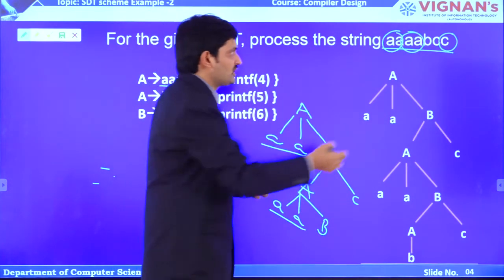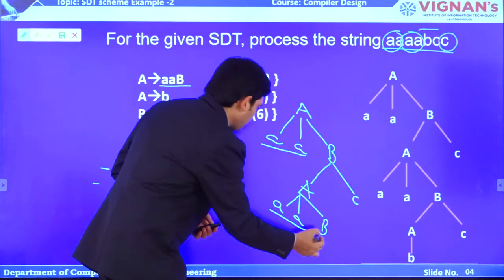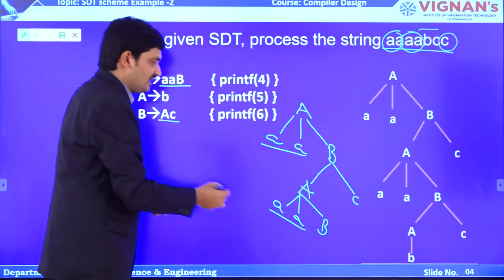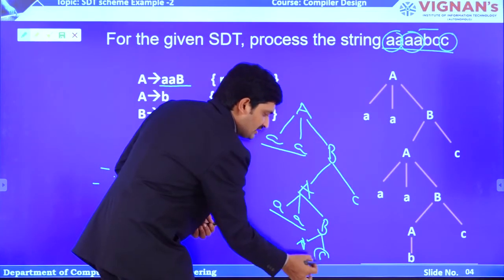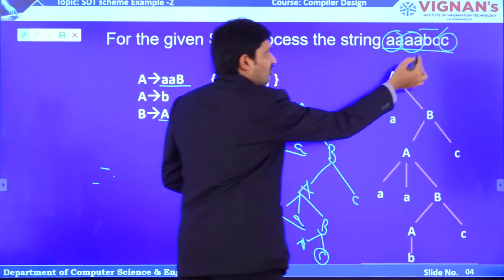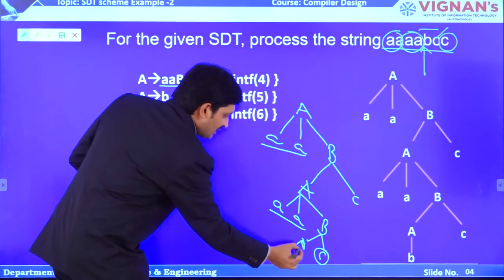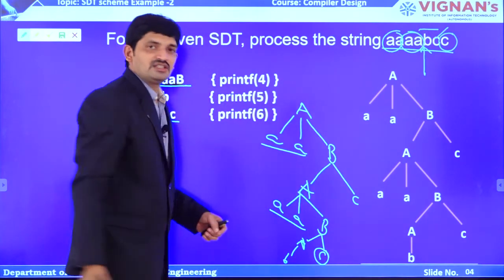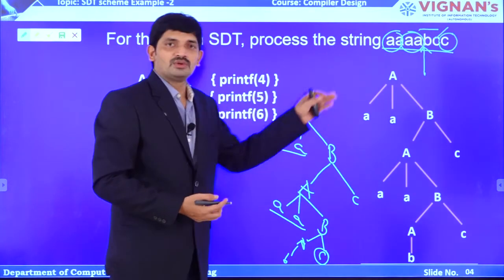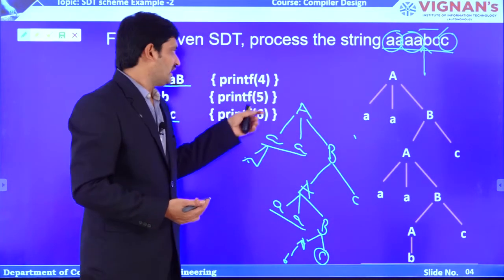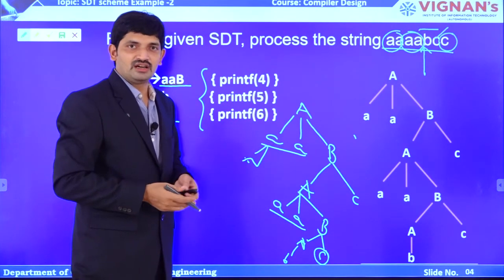Now I have to generate this particular BC only. From capital B, we can write AC, so capital A and small c. Here C is also generated. Now I have to generate only this B, as here we have capital A. So, from capital A it is small b. So, now my string is generated. From this string, I have to evaluate these particular semantic rules, then I get the result.